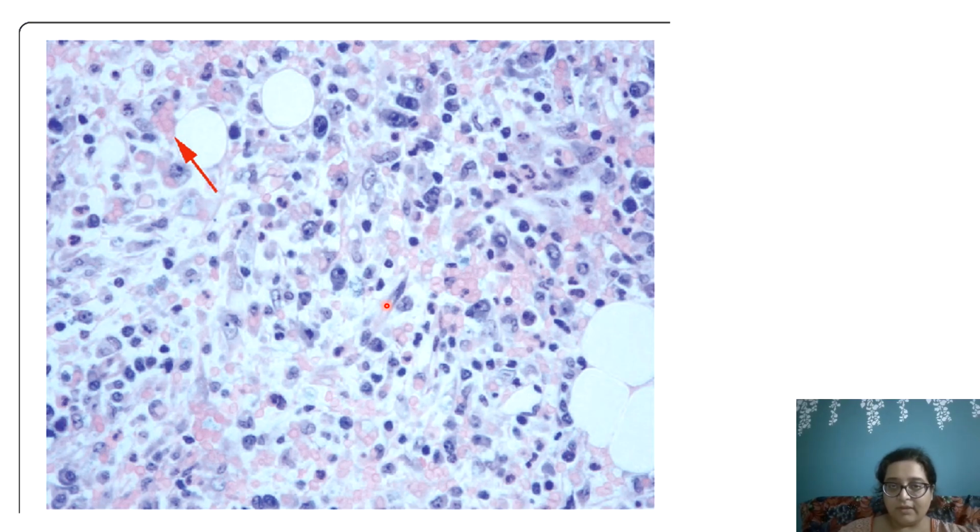Now this is not an epithelioid cell. This could be just a stromal cell. Right? This again doesn't look like a macrophage, maybe just a histiocyte. This is a plasma cell. This could be just erythroid. But yeah, there are fungal bodies in this, and this is fat space. So you have to be very careful of what you are seeing and what you are diagnosing. My purpose of this topic was just to discuss with you the practical problems that we face when we are diagnosing a bone marrow.